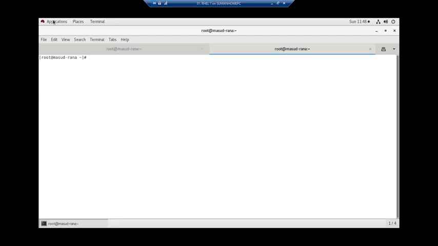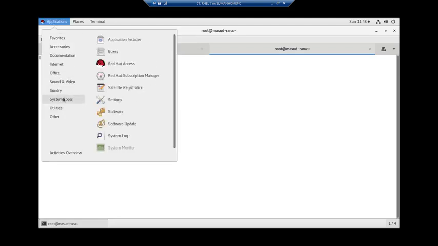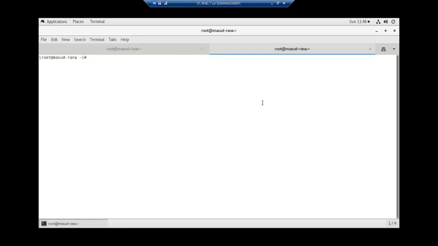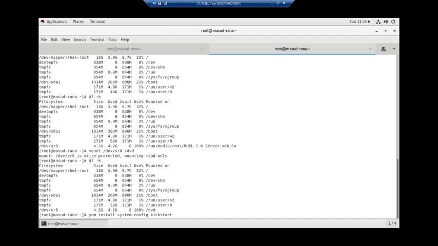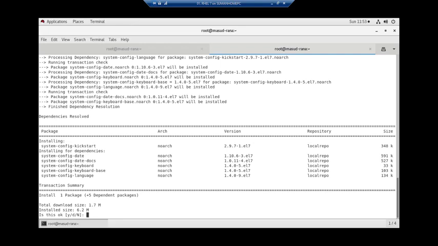Here in Linux Enterprise 7 we can use a system configuration tool. We will get the system configuration Kickstart file if we install one feature, which is yum install system-config-kickstart. So it's checking all the packages.